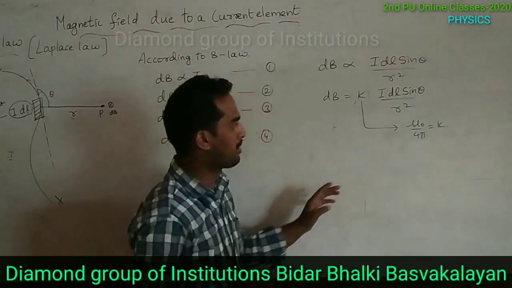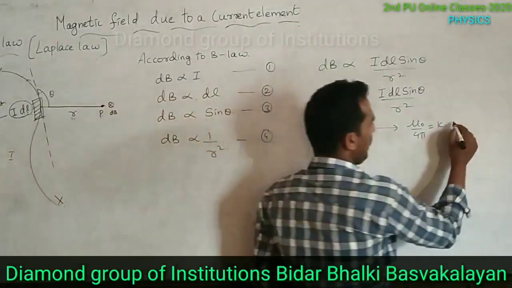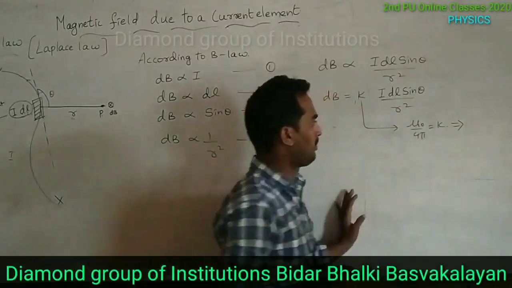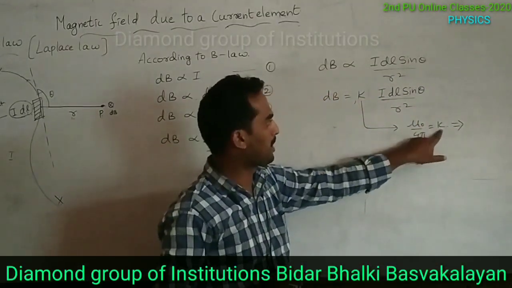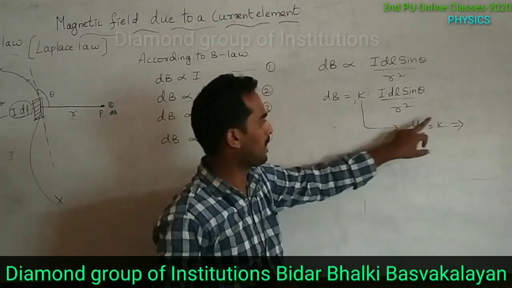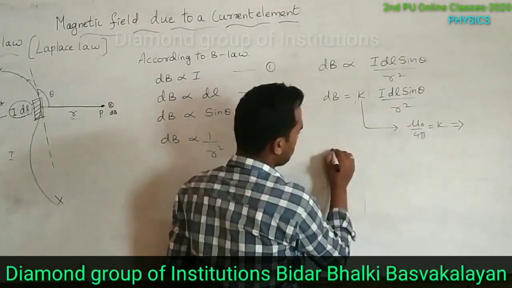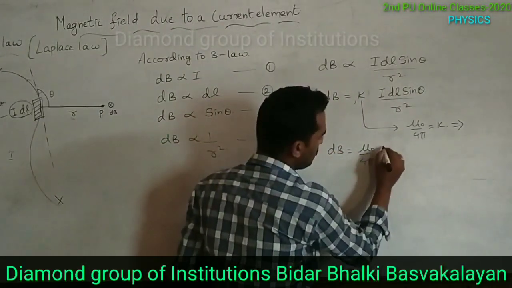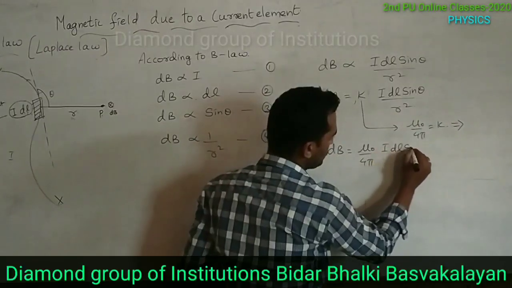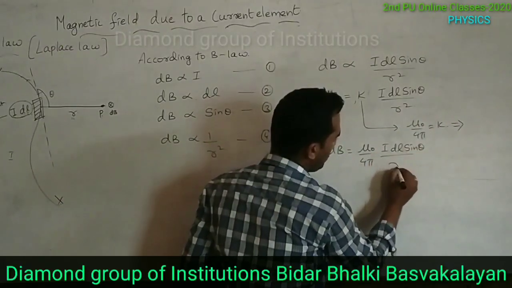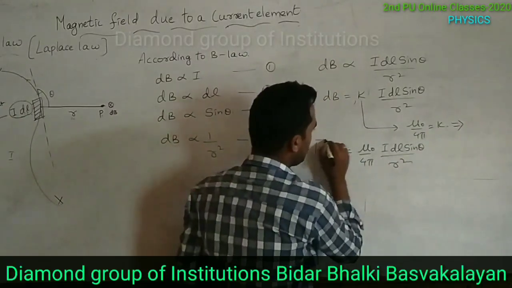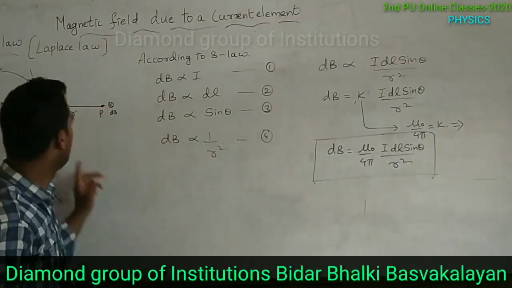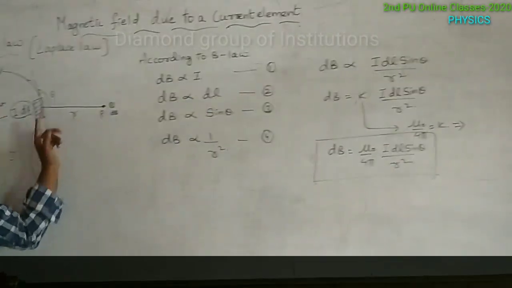K value becomes mu naught by 4 pi, which implies mu naught by 4 pi becomes k. If you substitute mu naught by 4 pi in place of k, this becomes dB equal to mu naught by 4 pi into I dl sin theta divided by r square. So this is the final expression for the magnetic field due to a small current element dl,